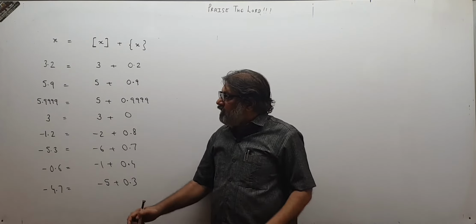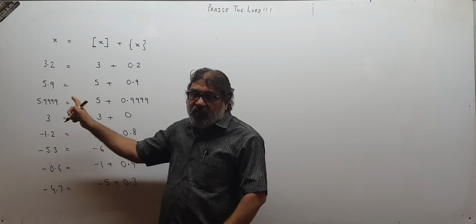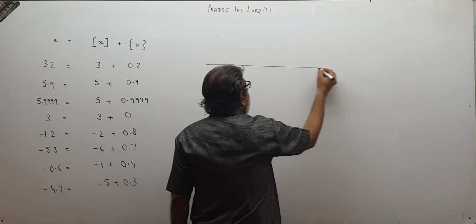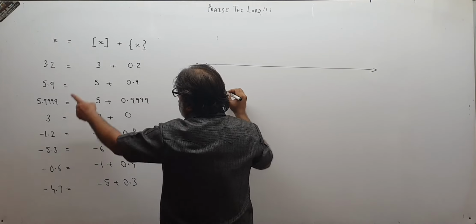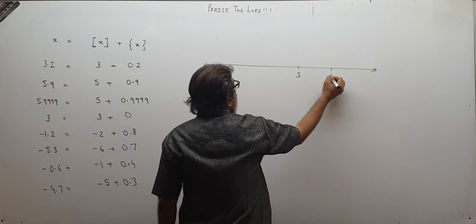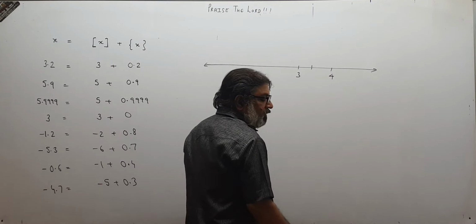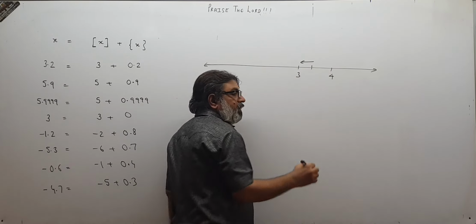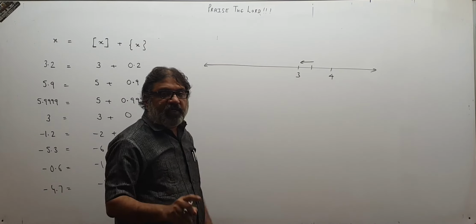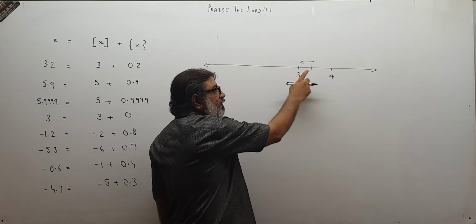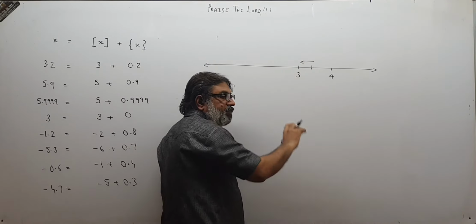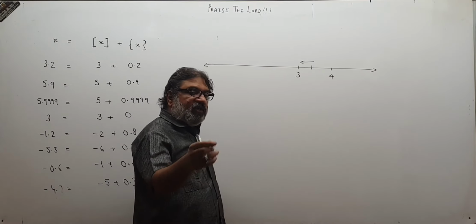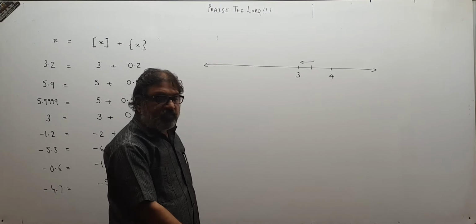If you want to find integer part of any number, how to get it? I am showing you a trick now. How to get integer part. So you draw a number line like this. Your first number is 3.2. It is between 3 and 4. This is the number 3.2. So whenever you want to find integer part of any number, always move to the left. And the first integer that comes your way is your answer. So 3.2 will be between 3 and 4. Its integer part will be 3. And the remaining part will be the fractional part. So 3.2 you write as 3, that is the integer part, and plus whatever is remaining.